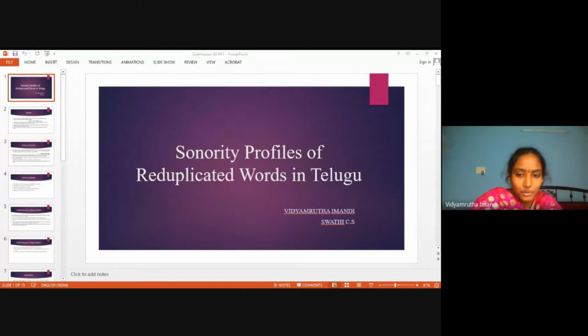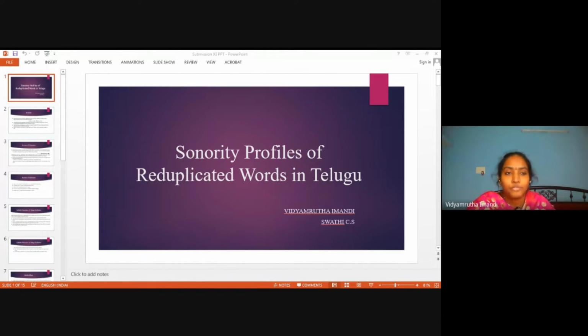My name is Vidyamrita and I'm here to present my paper along with my professor Dr. C.S. Swati. Today's topic is about sonority profiles of reduplicated words in Telugu. So my paper is about sonority profiles of reduplicated words in Telugu. To begin with,